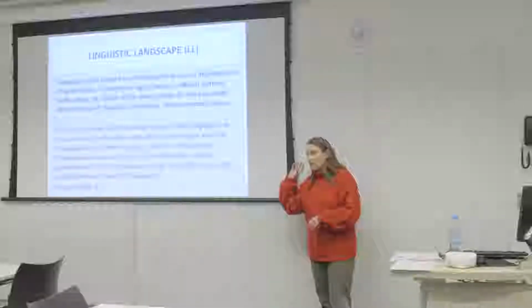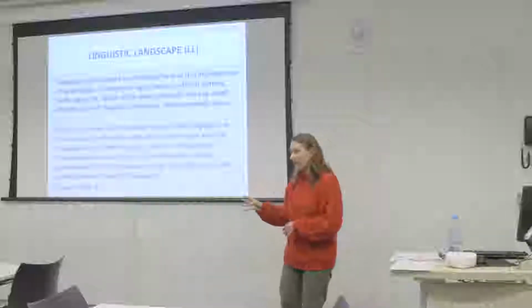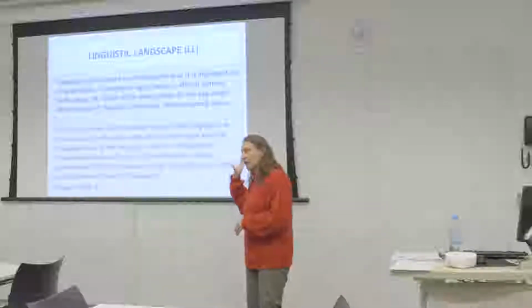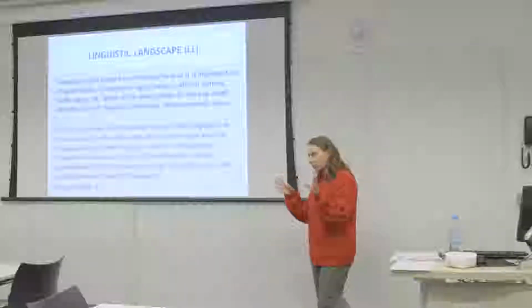So in one branch of linguistic landscape research, we have this idea of how much multilingualism is present, whether that is official multilingualism, for example in places like Hong Kong, Singapore, where there are multiple languages present and very visible,